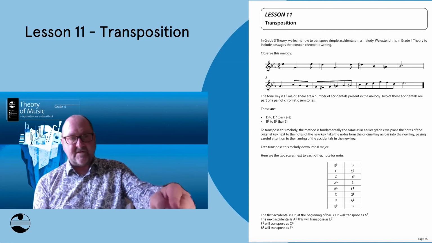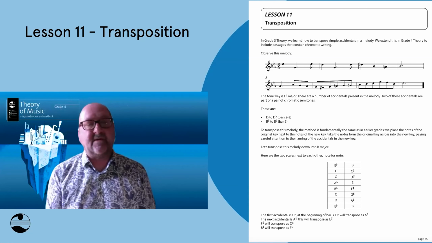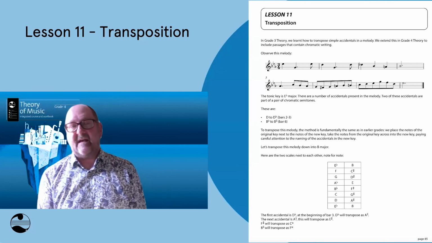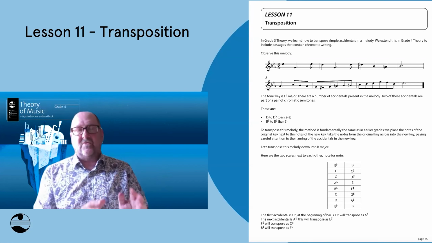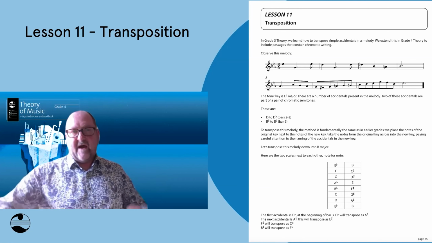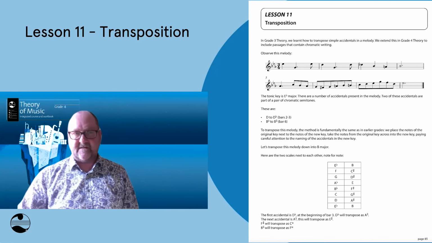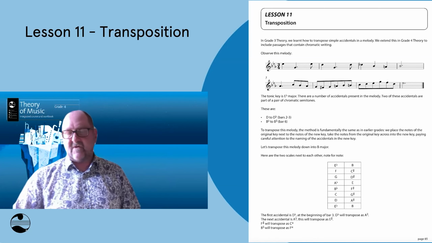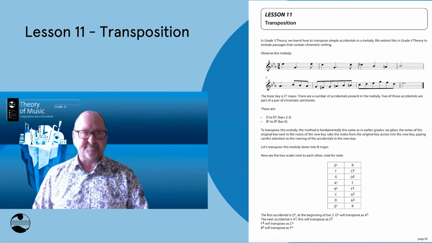So if you look at the bottom of the page, F sharp will transpose as C double sharp. B natural will transpose as F double sharp. So here is where students might expect to see double sharps and double flats, and also wide intervals to throw them off, to make sure that they're transposing in the correct octave. So I think that chapter doesn't really require all that much talking about. So let's move on to lesson 12.